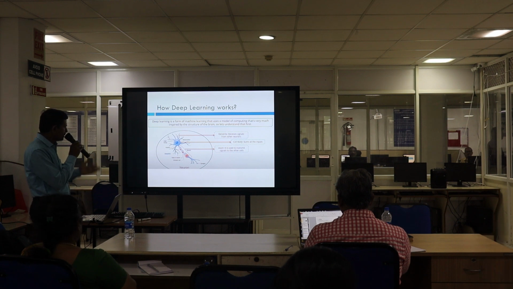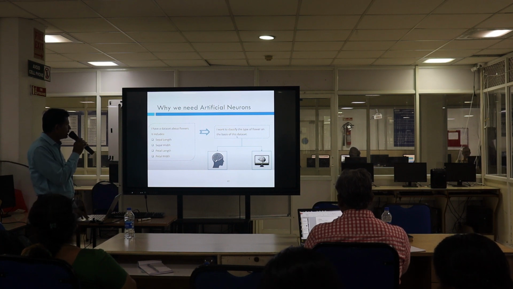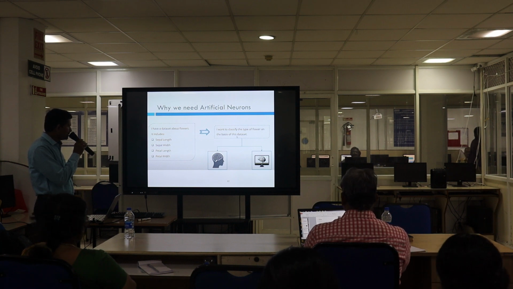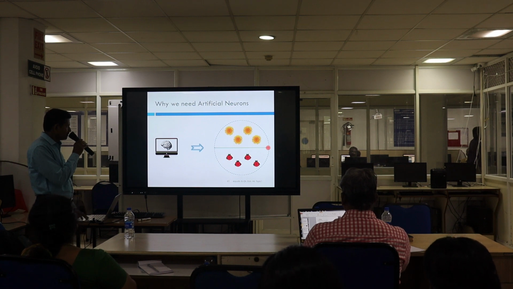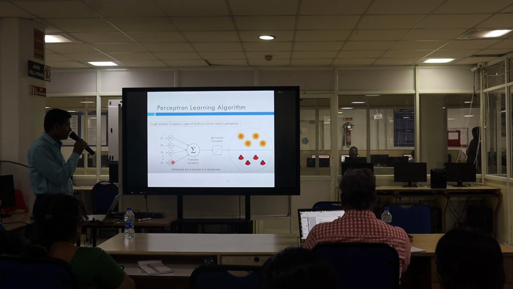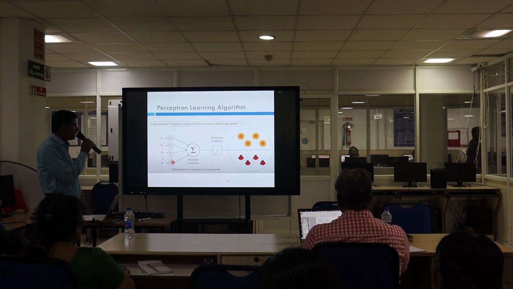Already we have seen about the biological neurons. This we have also seen, the sepal length problem. Suppose the data set includes sepal length, sepal width, petal width. We have to identify the types of flowers. So the program we write has to classify and identify the types of flowers. By applying the perceptron learning algorithm, we can find out the flowers.